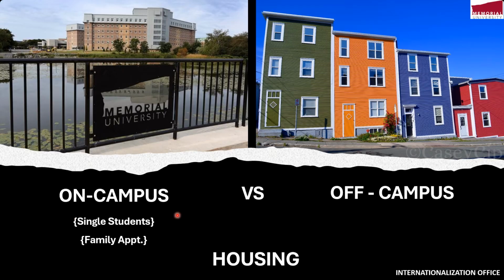On the other hand, off-campus housing has its own benefits too. You have more independence, you can often save money by cooking your own meals, and you might find places closer to malls, grocery stores, or bus routes, making it easier to get around and explore the city. So again, it really depends on what works best for your lifestyle, your budget, and your comfort level.